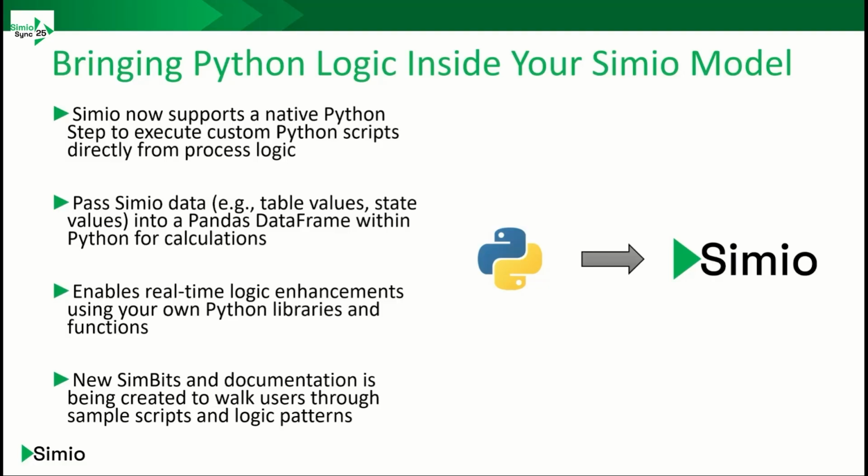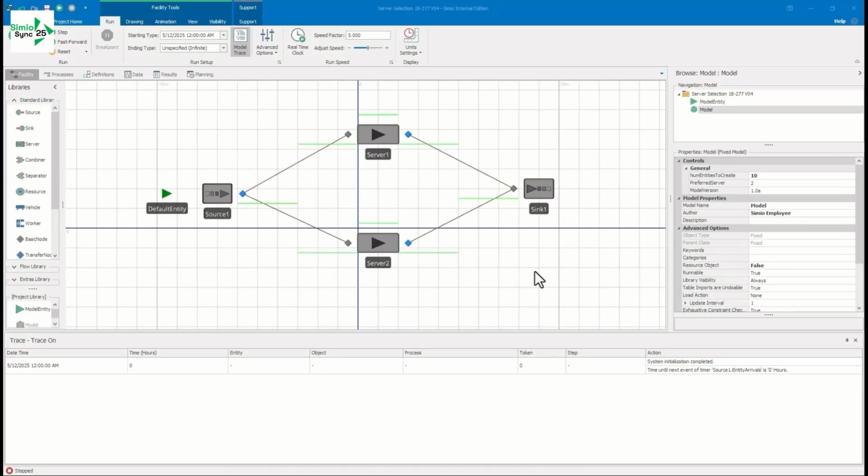I'm going to hand this off to Jeff now to give us a quick preview of how this feature works in Simio. Thanks, Paul. So the use case here is to demonstrate how to use the Python script step in a Simio